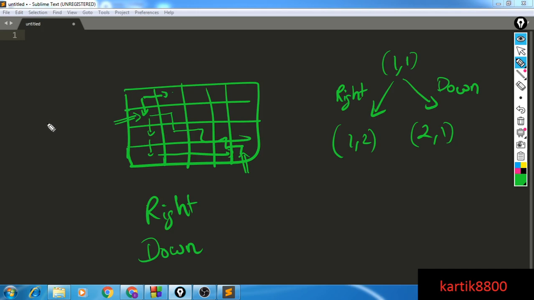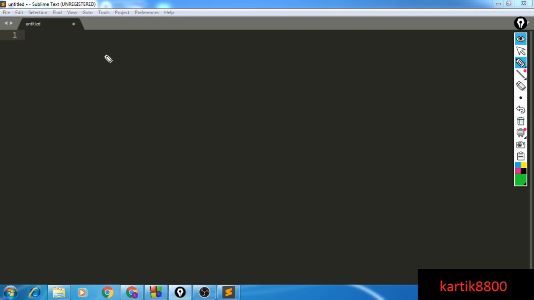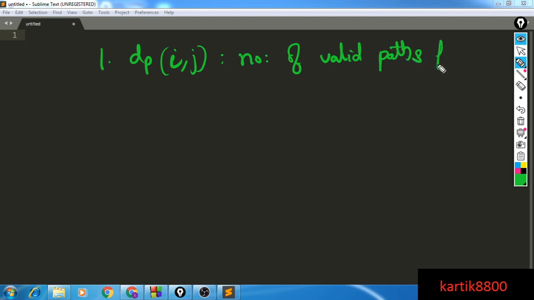I will be defining a term dp of i j now, and you can pause the video and try to define something on your own and also build some recurrences. With this intuition, let's say that I define dp of i j as the number of valid paths from the cell i comma j to n comma n.